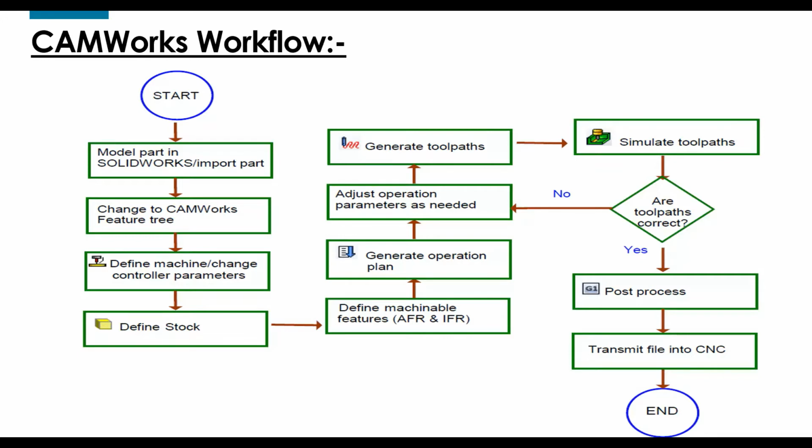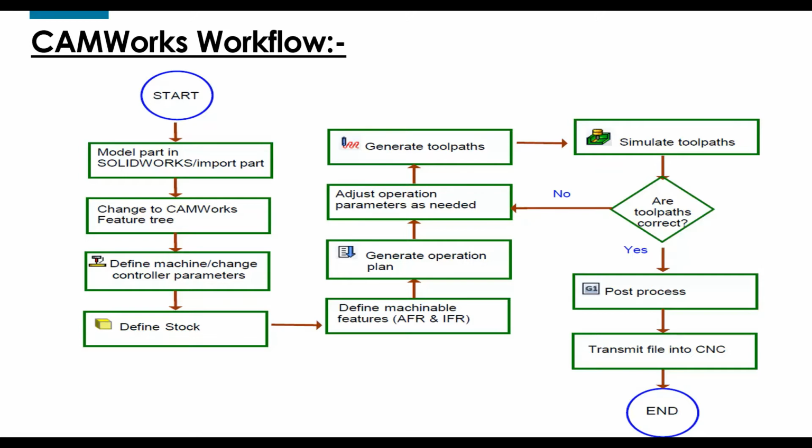After defining a machine, you have to change the controller settings. That means if you have a Fanuc controller, a Mazak controller, a Haas controller, right? Whatever controller your machine possesses, you need to set that. After defining that, you go into the stock window, where you can define your raw material, either as a bounding box, or as a casting file or an STL file, right? You can even create configurations of stock and use them. All that will be covered in the stock manager.